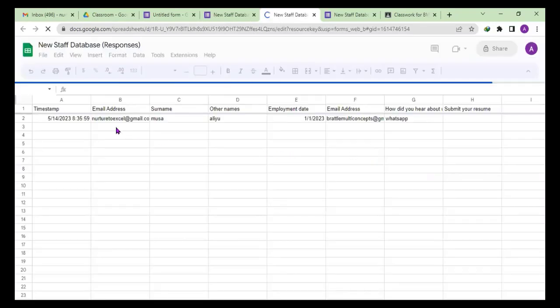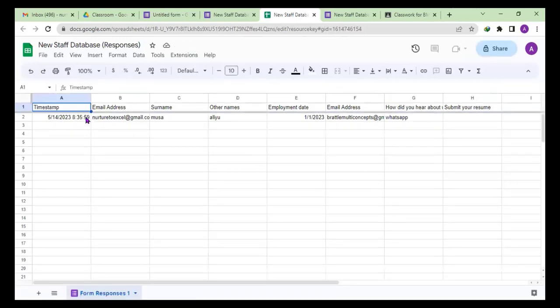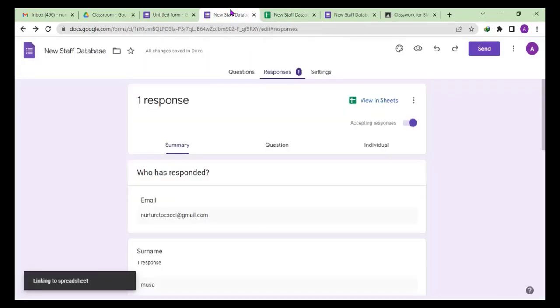So that is one good thing about it. You can see that instantly, as you are filling the form, you'll be seeing the response coming up. This is a real live form. As you are filling it, you see it. So if you don't submit anything here, from here, you can just download whatever the person has submitted. And one more thing here, even while you have your questions here,